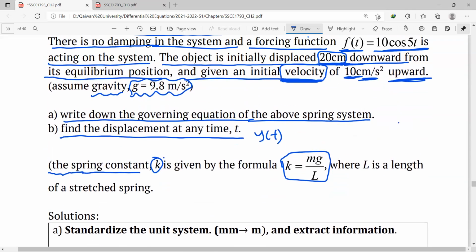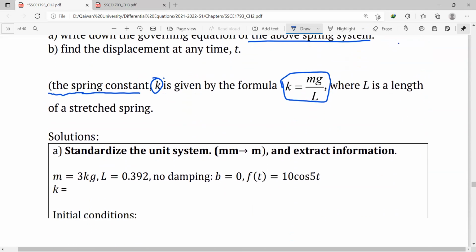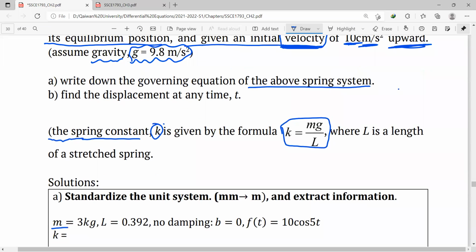Now, we are going to write down all the information from the example. We say M equals 3 kilograms. L is the length of the stretched spring, which is 392 millimeters. But we should write down